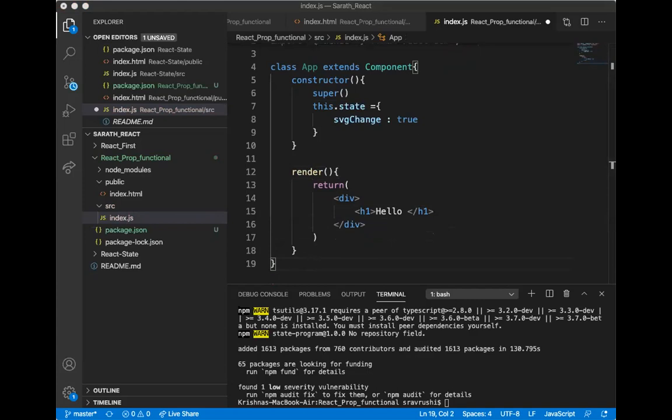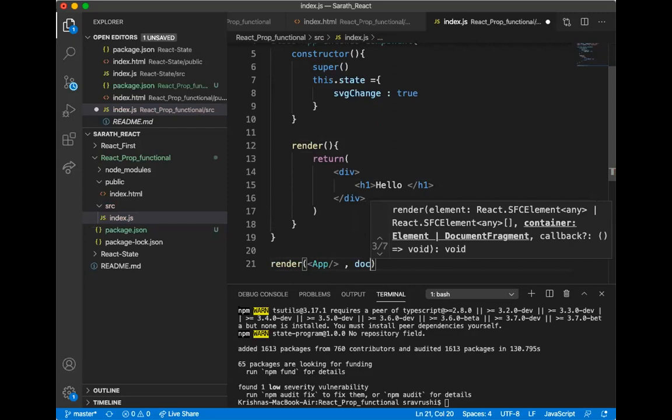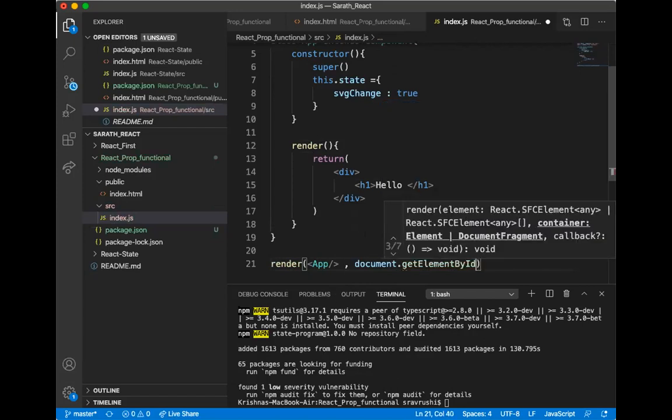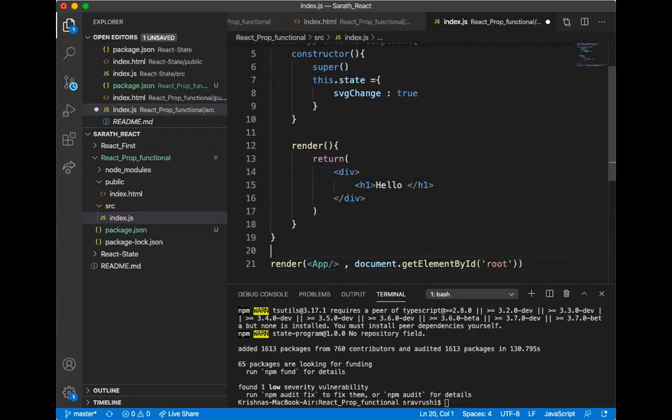As you are aware, we have to give render and mention App, and we are going to mount this App to the root using document.getElementById, and here I am going to give root.